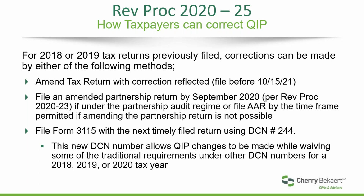So as a result, we have seen two revenue procedures that we will talk through today. First of all, in regards to the retroactive correction, the IRS released Rev. Proc. 2020-25 so as to provide guidance allowing taxpayers to claim additional depreciation by amending their prior year returns and filing an automatic Form 3115, an application for change in accounting method. So when we think about how taxpayers can correct the qualified improvement property treated as 39-year property in their 2018 and 2019 returns that had previously been filed,